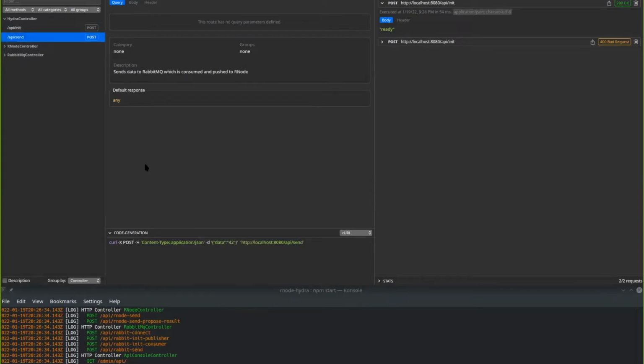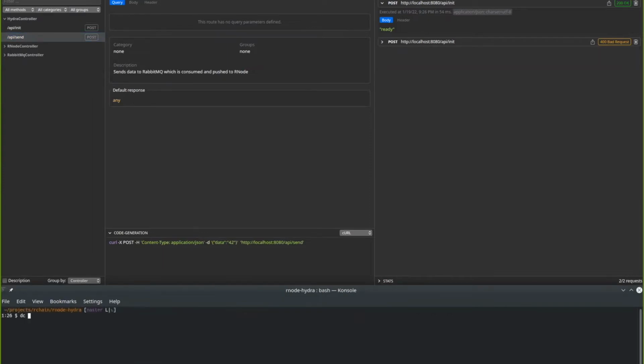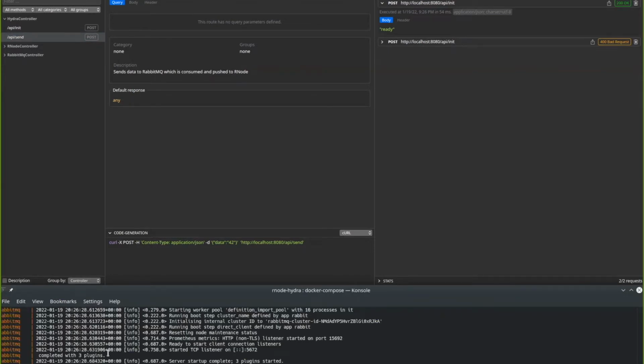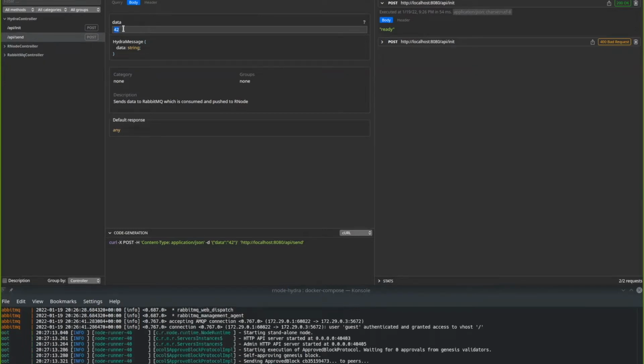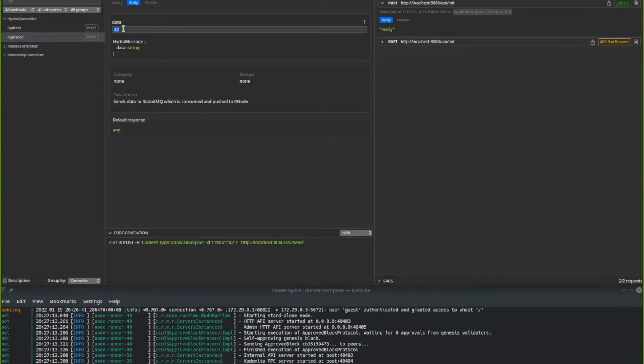Now I also want to show the logs from RabbitMQ and Arnold. When I send some message, and this is just a very simple Rholang that will accept whatever data I have sent and respond with the same data back.